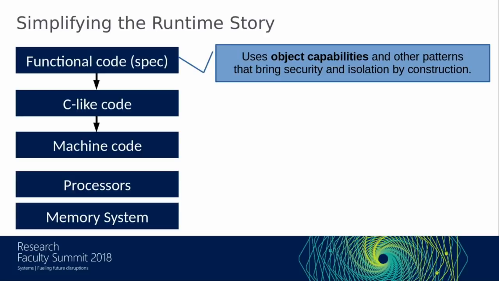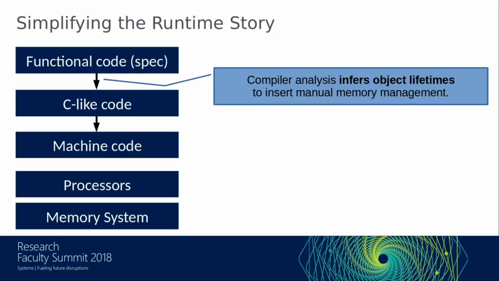So I want to start with the top level view of the system is nice functional programs that we could view as the specification, and they would use design patterns like object capabilities so that just by construction we achieve proper least privilege and we control the information flow graph within parts of a system. We achieve access control just using pointers in a type-safe language. And then we can rely on a compiler that's going to produce C-like code from that point that does things like static analysis to infer object lifetimes, to insert manual memory management code so we won't need anything like a garbage collector.